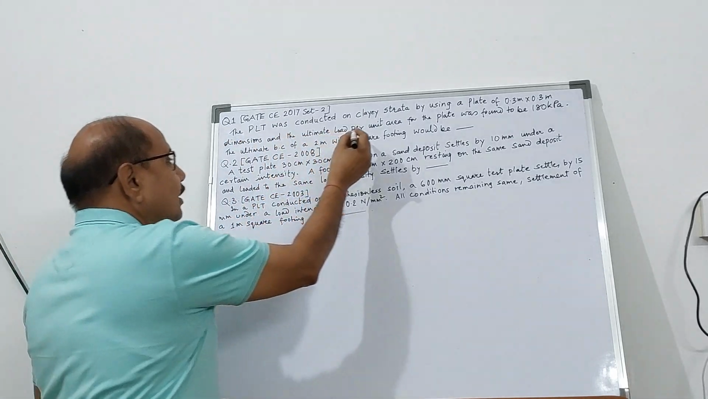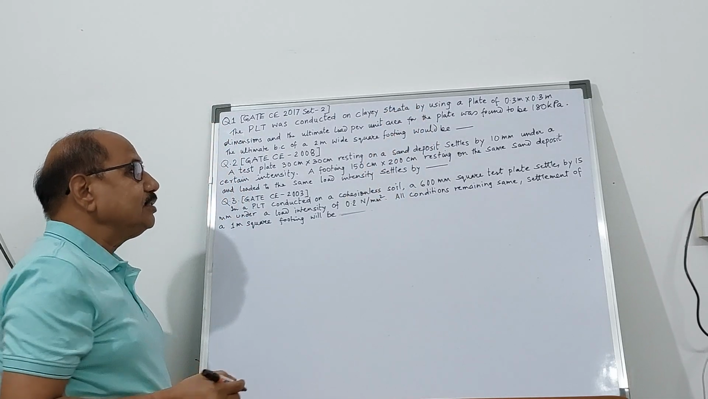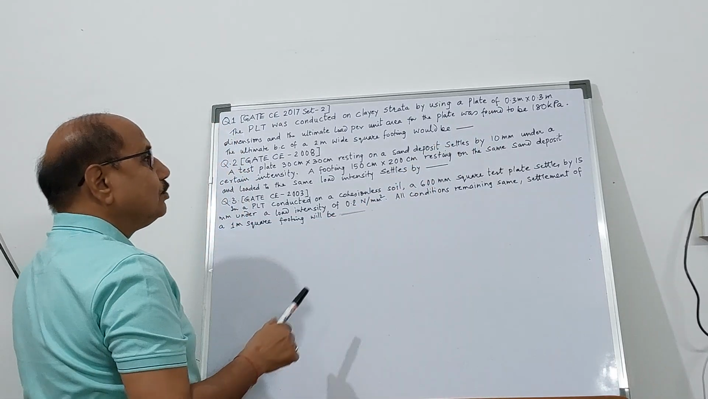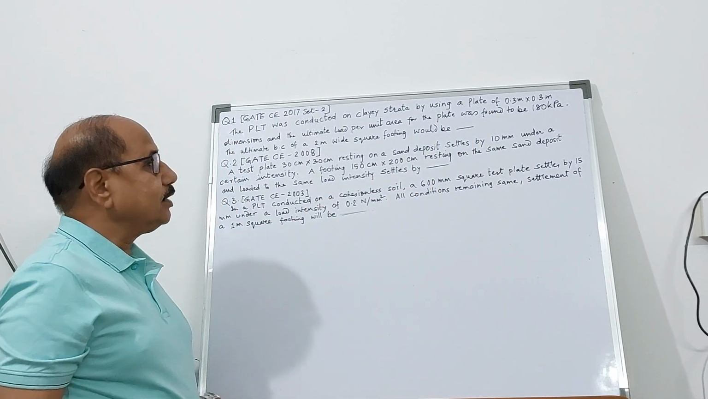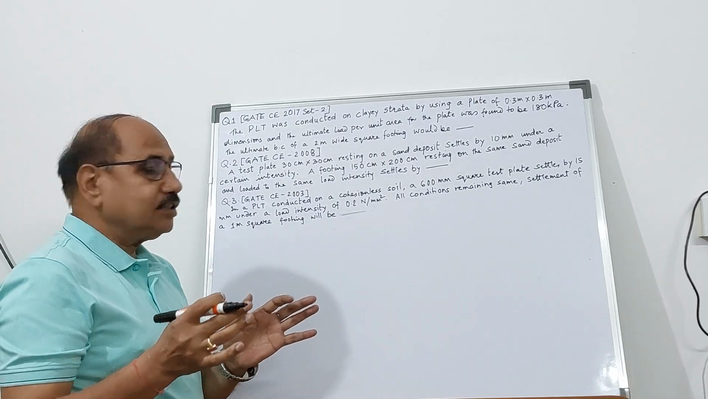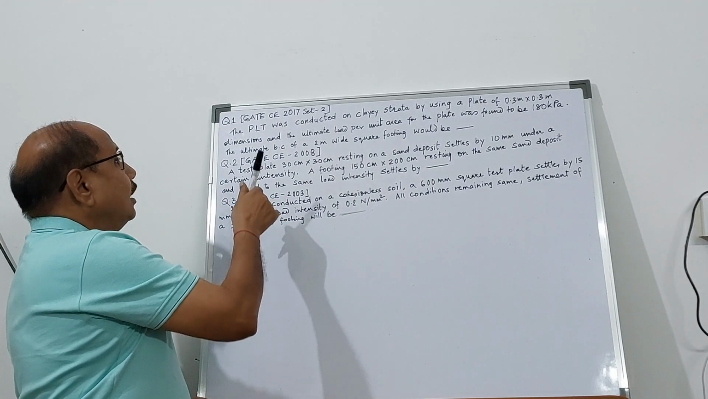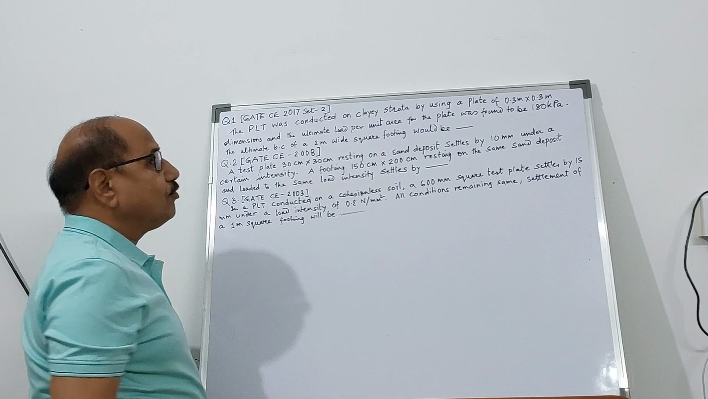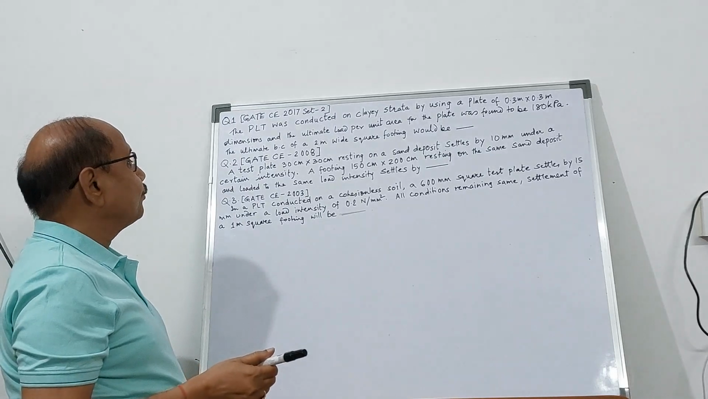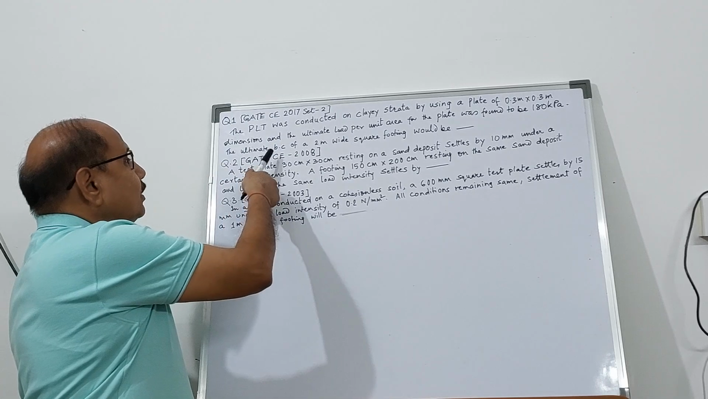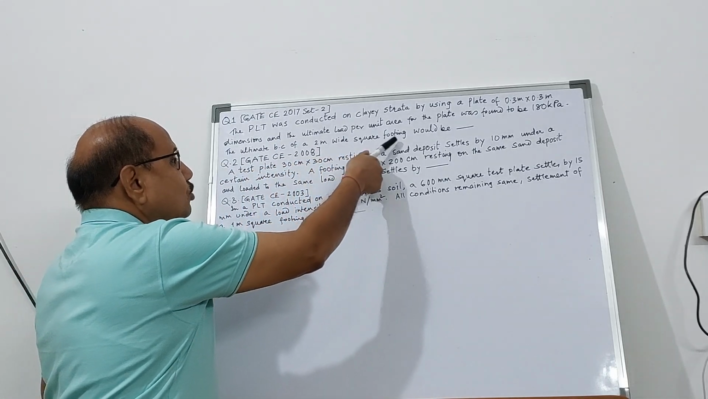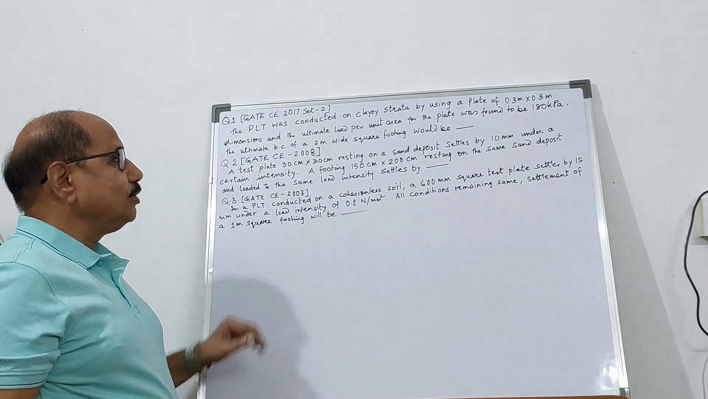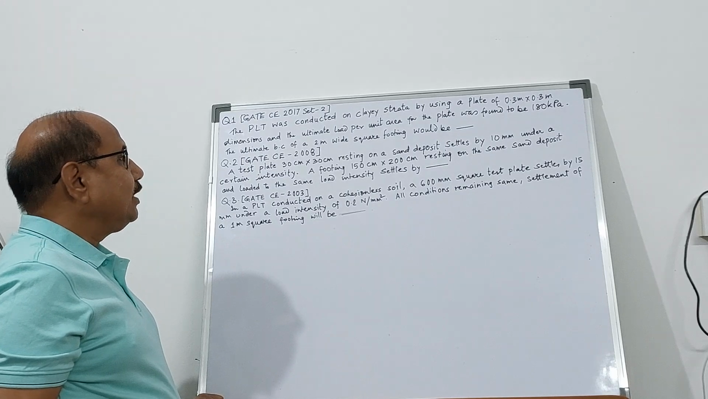The plate load test was conducted on clayey strata, using a plate of 0.3 meter by 0.3 meter. As you know, the size of the plate is 30 centimeter by 30 centimeter, and the ultimate load per unit area of the plate was found to be 180 kilopascal. We need to find out the ultimate bearing capacity of a 2 meter wide square footing. So the size of the actual footing is 2 meter by 2 meter. So what would be the bearing capacity